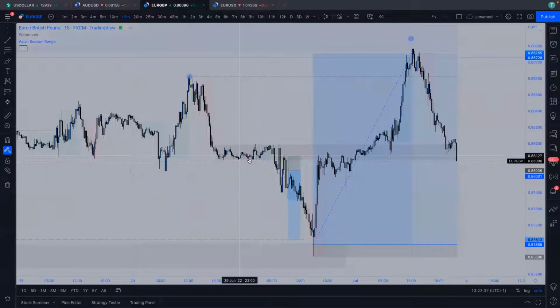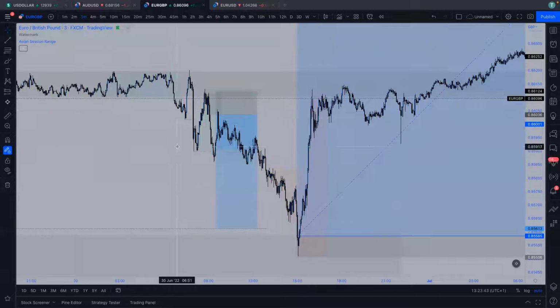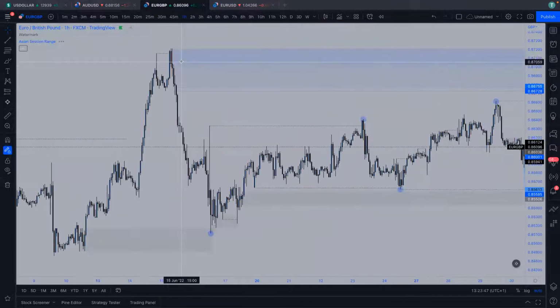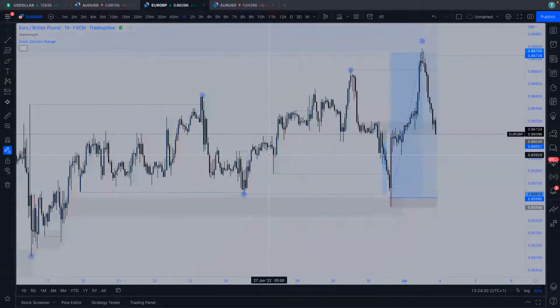So just beforehand, as we were going into London on the 3 minute, we were just kind of dying off, and that was the main point. I really did have this idea at the back of my mind that we were going to run this wick low, because you can see, this was the 8 a.m. London open, London low wick causes liquidity. This was a target that I was going for.